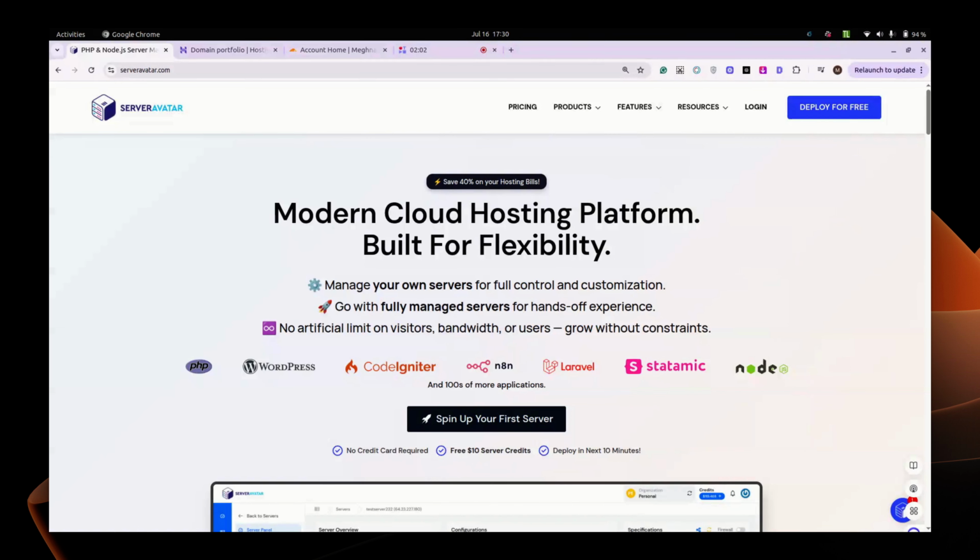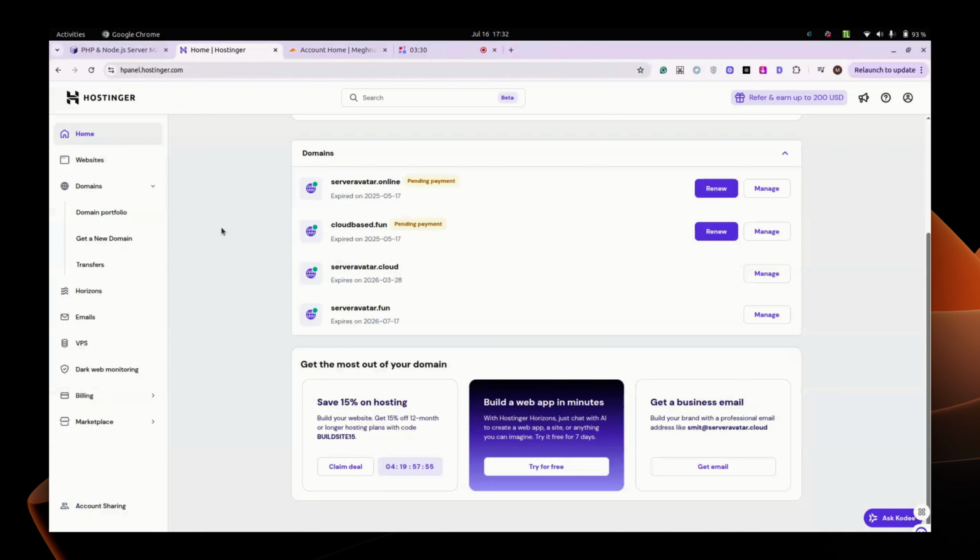Now that we have got that cleared up, let's move to the exciting part, connecting your domain and setting up the DNS. The first step is to purchase a domain. So, head over to your domain provider like Namecheap, GoDaddy, or Google Domains and purchase a domain. And if you already have one, that's great. In that case, let's log into the domain provider panel. As I have already purchased a domain from Hostinger, I have already logged into my Hostinger account.